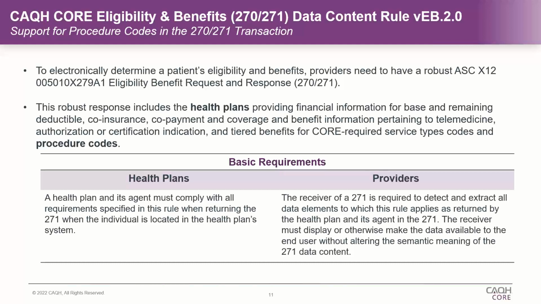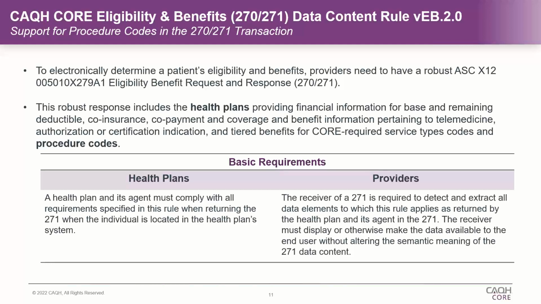Hopefully it's identified in your companion guide what type of benefit inquiries you support for your different lines of business or different types. And then when that is received and you can't support it, you would treat it like you received a 30, and you would return those medical care, chiropractic care, dental, all the coverages that do exist for the member for the date of service that is either on the 270 or the date the transaction was processed, and return it as if the procedure code was never submitted or the service type code that isn't supported was never received.